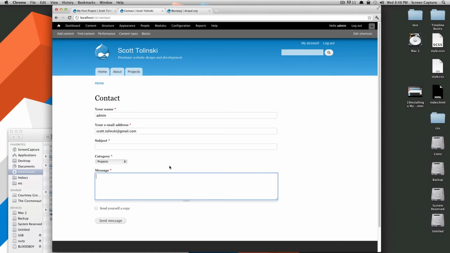The upside is that installing the Drupal default contact form is very easy and very simple. The downside is that it's very simple and not configurable. In the next lesson, I'm going to show you a module called Webform, which is a very robust form system that I use on my projects instead of Drupal's core